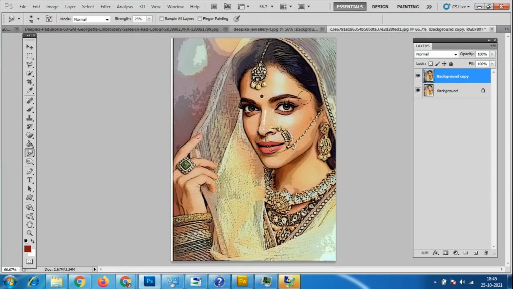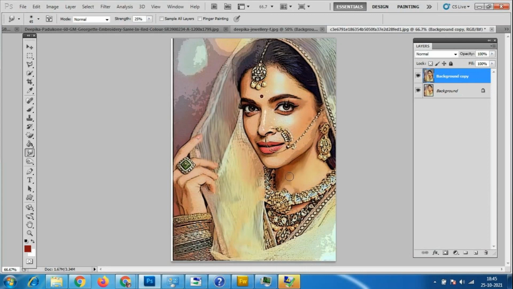In this, even we can apply 2, 3 effects. Okay, so we can use the smudge tool. Slowly we can use the smudge tool. Automatically it will apply for the background also. So how much ever necessary, only that much we'll use it. Okay, we have to keep on reducing the brush size.